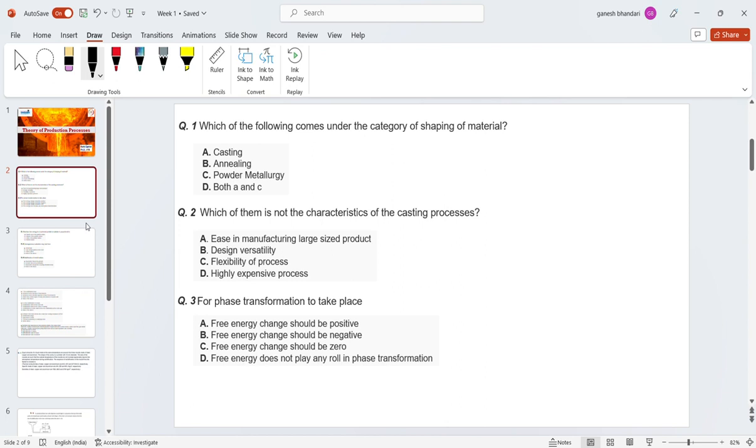Pyro means heating, so it is related to heating, and hydro is related to water. When you are extracting something from a particular ore, tin's ore is cassiterite, and in the ore it is present at around 2 to 3%. Going from 2 to 3% to 100% pure tin is a big challenge. There are also certain impurities in every ore: silica, alumina, and iron oxide. These three impurities will more or less be present.